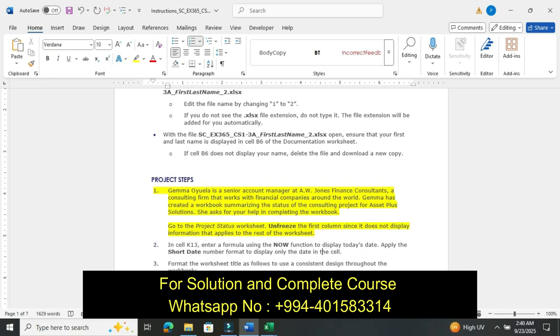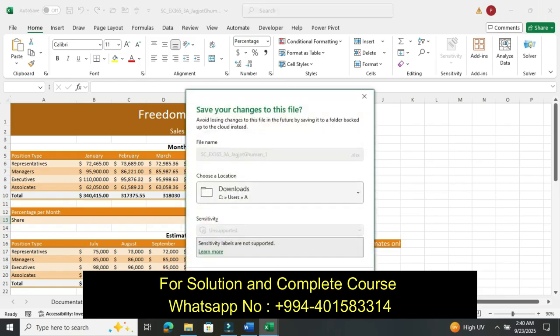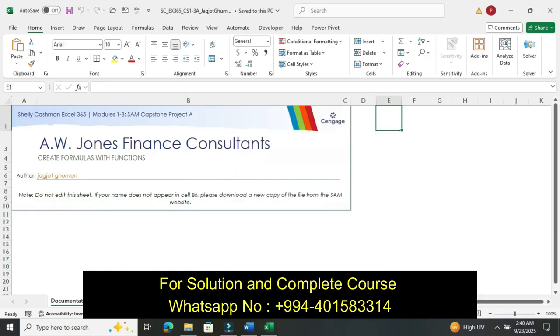Go to the Project Status worksheet and unfreeze the first column, since it does not display information that applies to the rest of the worksheet. Save this one.